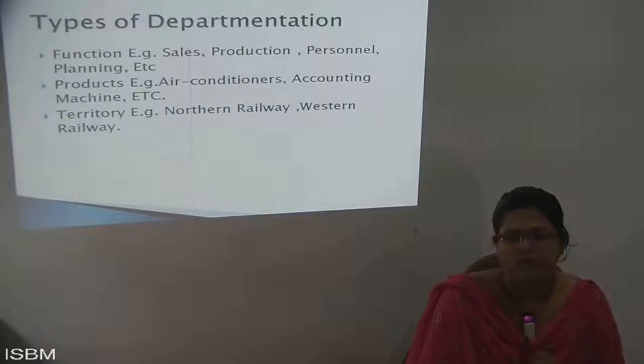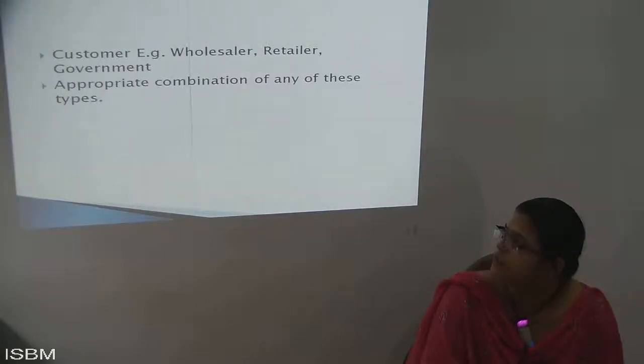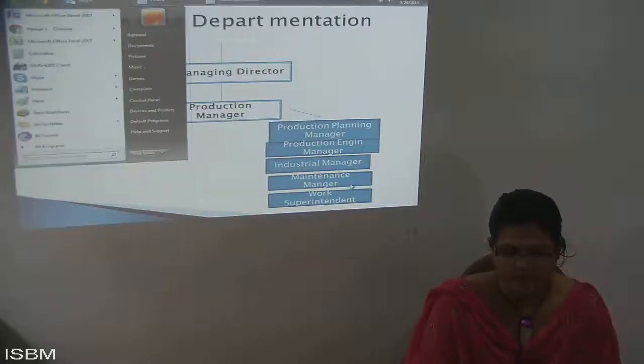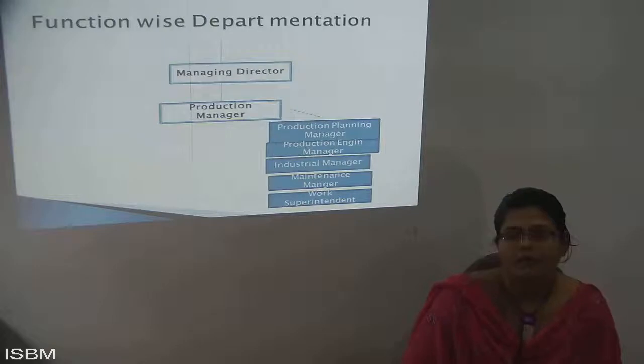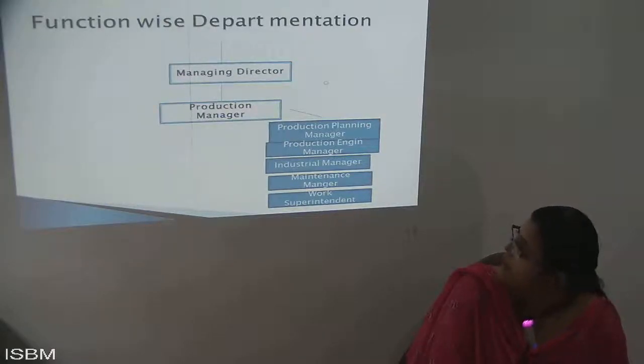Then we learned the types of departments, where we learned five types: functions, product, territorial and customers, and appropriate combinations of each one. We learned the different terms also. We went through the internals, functionwise and departmentwise. So from start to end we went through how these functions are enforced. First we went with the MDs, and then afterwards the MDs' work is taken over by the production managers, and then in the production managers in